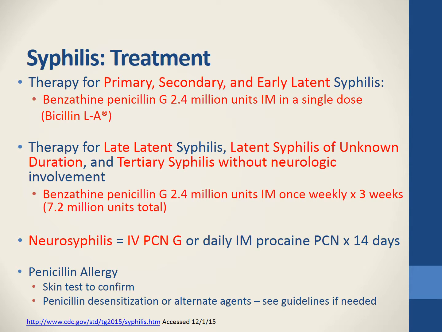In terms of treatment, it all goes back to the stage of syphilis that the patient presents for treatment. If it's a primary, secondary, or early latent syphilis, those patients should receive benzathine penicillin 2.4 million units IM as a single dose. Again, this goes back to our early lecture on the beta-lactams talking about the differences in Bicillin LA versus Bicillin CR and knowing the difference and not interchanging them, because we would be undertreating a syphilis